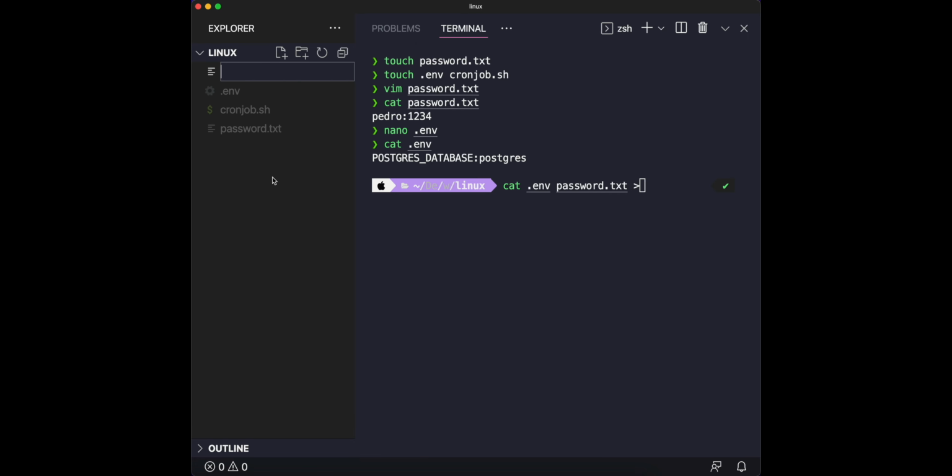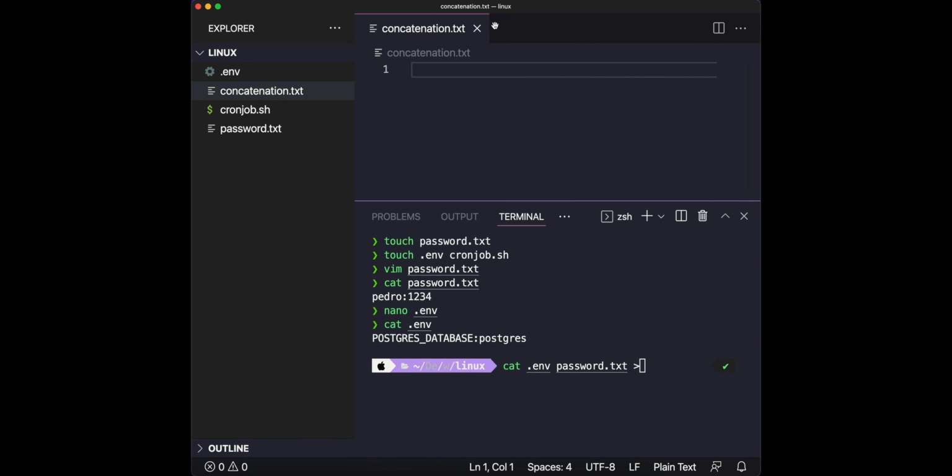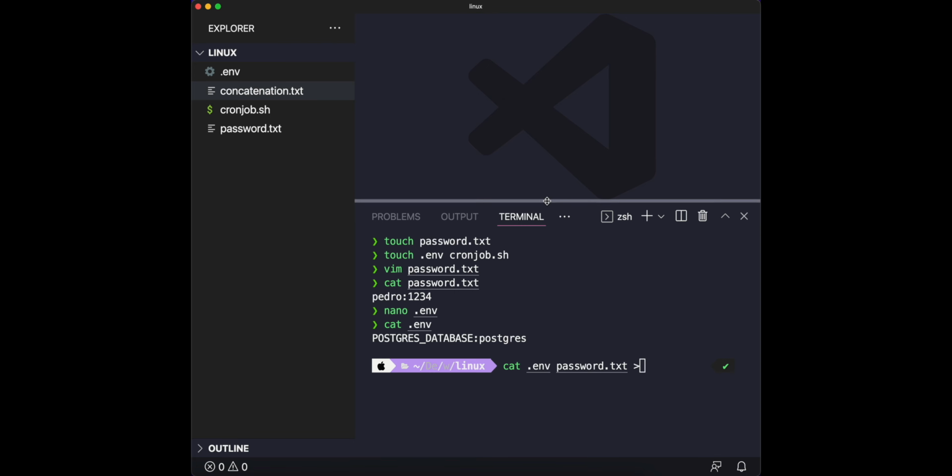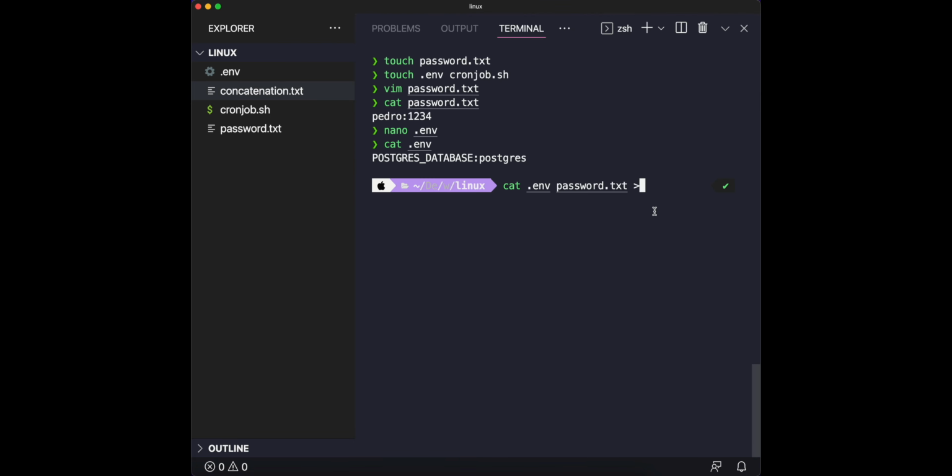So I'm going to create concatenation.txt. Cool. Now the file is created already. I'm going to just put the file over here, and now this command is going to concatenate the values inside .env and inside password.txt into the concatenation.txt file. When I hit enter,